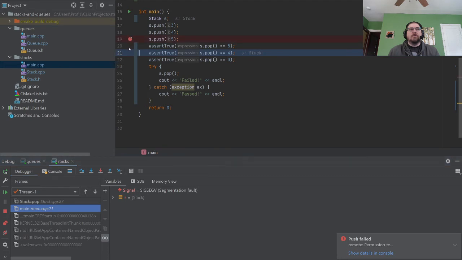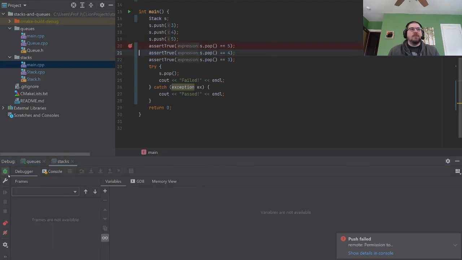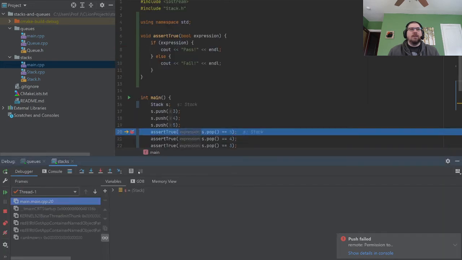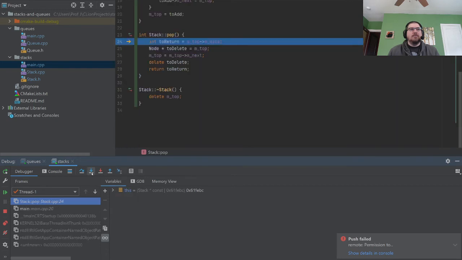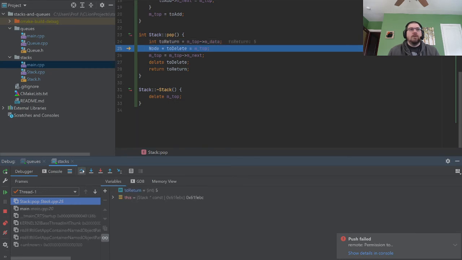All right. So I'm going to, again, let's demonstrate the usefulness of a debugger. We're going to stop. We're going to run it. And let's look at our stack. We have mtop next is 4, next is 3. Okay, so now we're going to step into. So to return is the data on the top. All right, then, so that's 5.